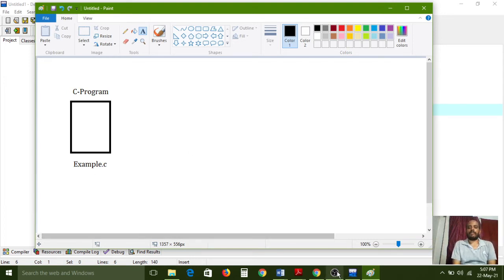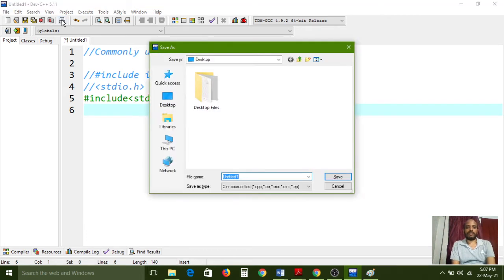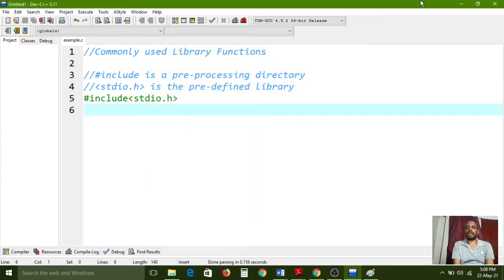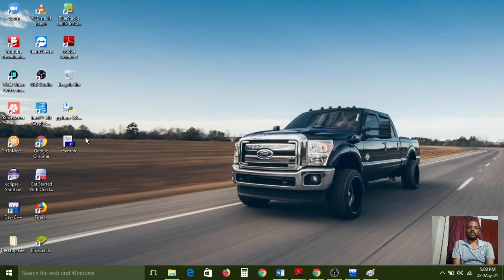Now I am saving this file as example.c, with save as type set to all files, on the desktop. Here on the desktop it is showing one file now.